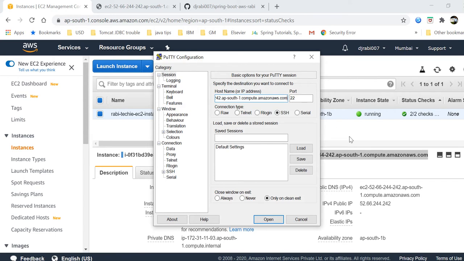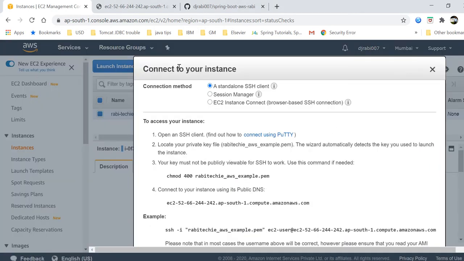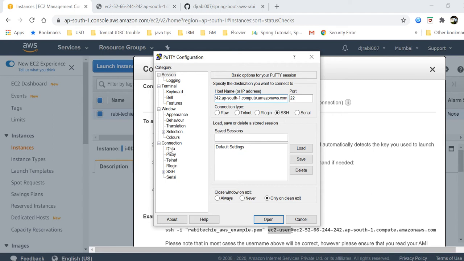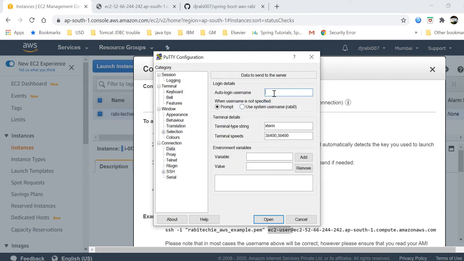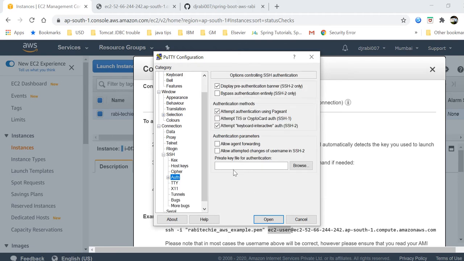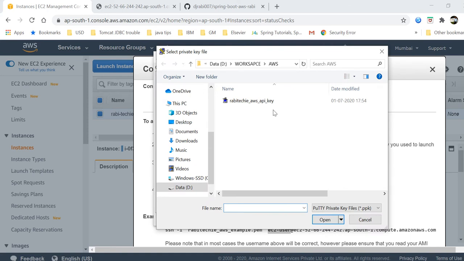In the connect section you will find the EC2 user. Then there is the SSH auth, and I have already created that key.